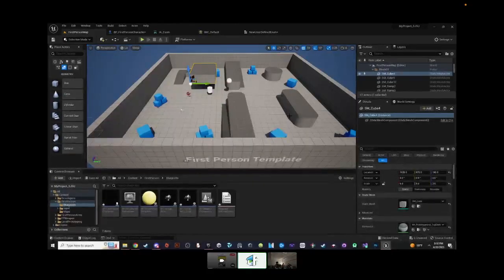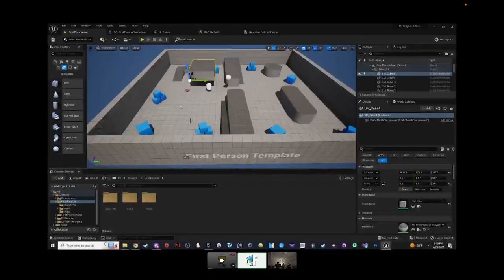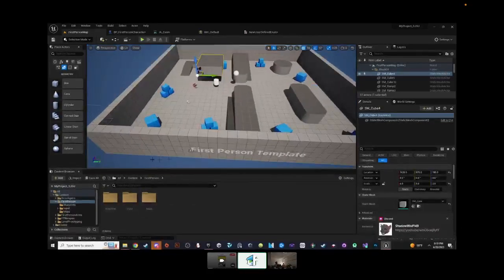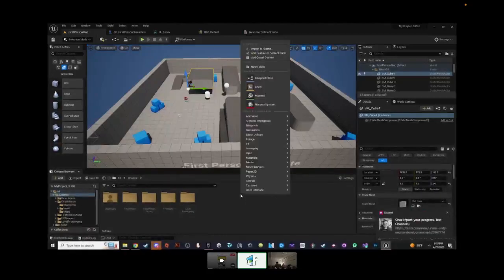How I organize my blueprints is just pretty much figuring out my system. I don't really have anything complex to go over, but I do have my own set of rules. The way I came up with those rules for managing my blueprints comes down to naming conventions and organizing my folders. The project templates already do a really great job of organizing it, but here is a one-to-one example of how I would organize it.